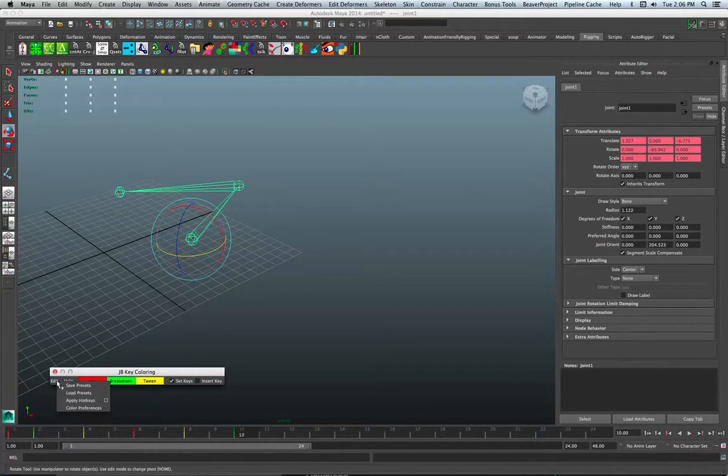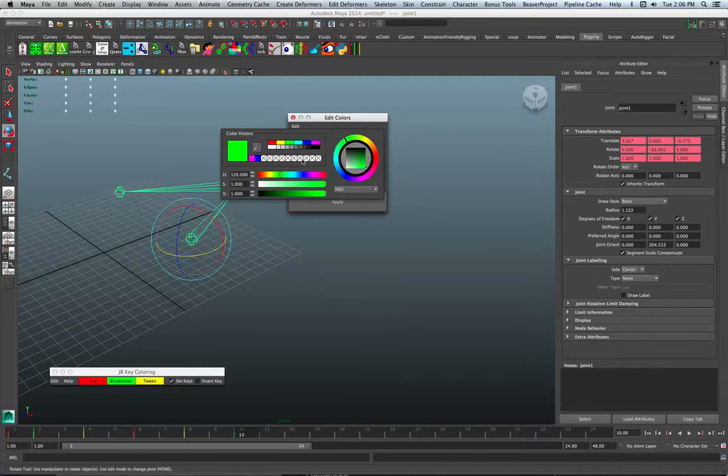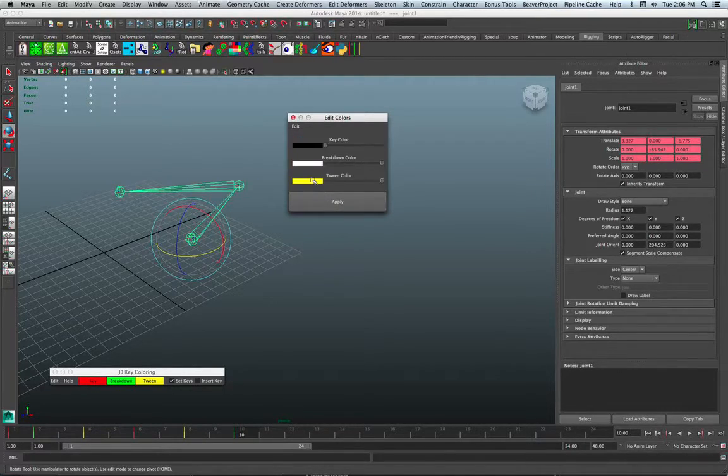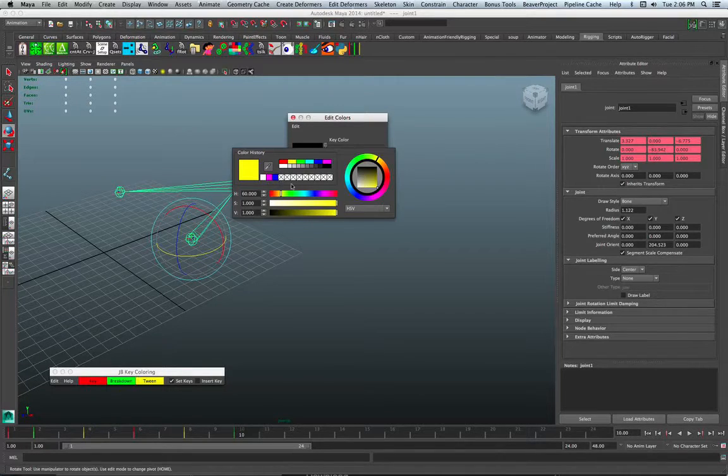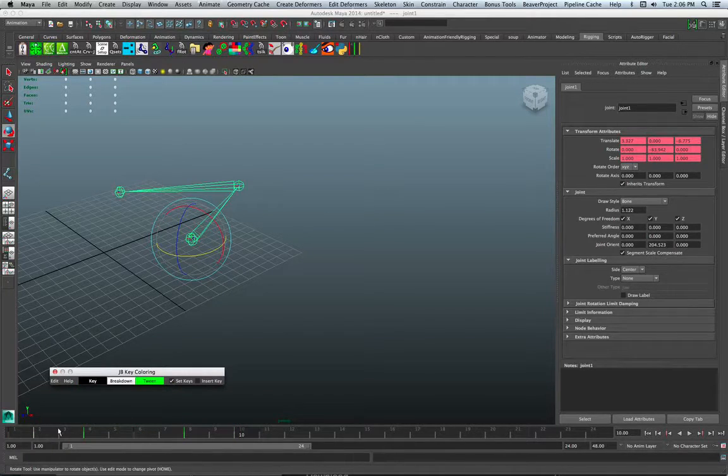So what you can do is you can say save preferences. First let's change this to a different color. I want the key to be black, I want breakdown to be white, and I want this one to be green. Why not? Hit apply. They all change. Now I can save preferences, and what that'll do is save your preferences, and the next time you open it up,